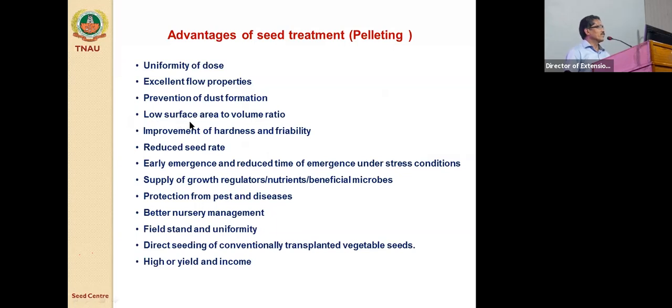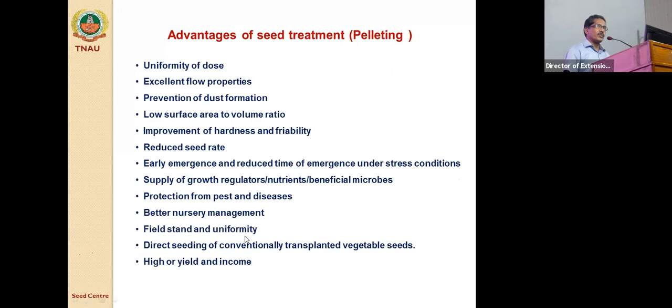There is a lower surface area to volume ratio, increase in size, improvement of hardness and friability of the seeds, reduced seed rate, early emergence and reduced time of emergence under stress conditions. Supply of growth regulators, nutrients and beneficial microorganisms is possible, protection from pests and diseases is well addressed, and better nursery management is possible, especially for small-seeded vegetables raised in pro-trays like brinjal, tomato and chili.